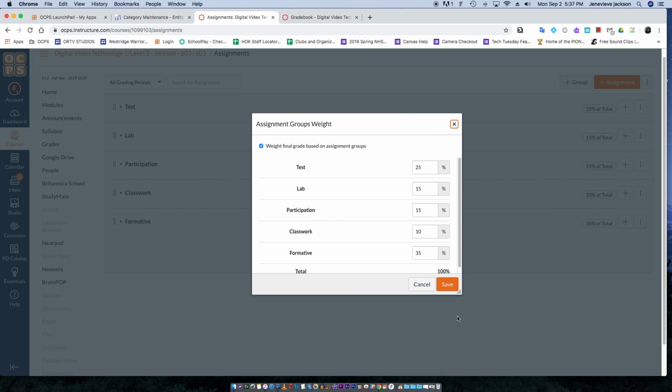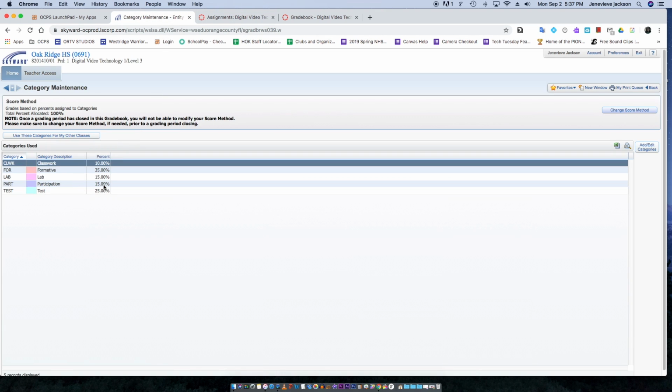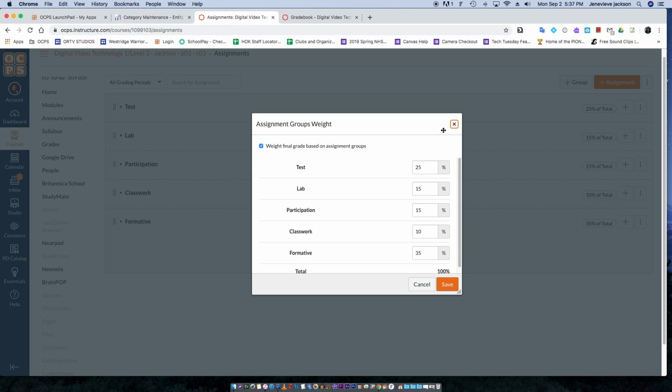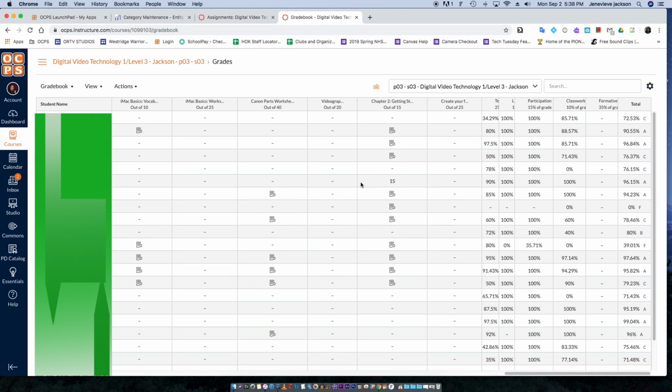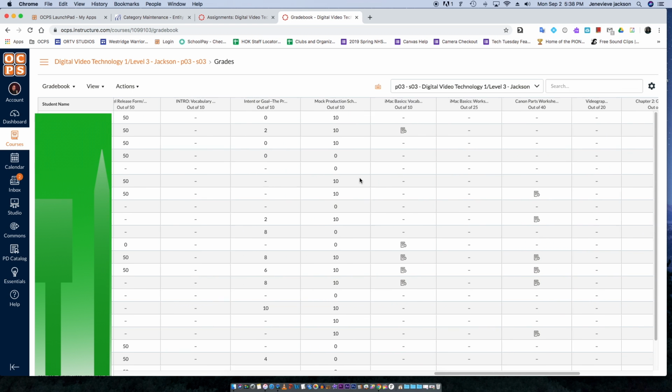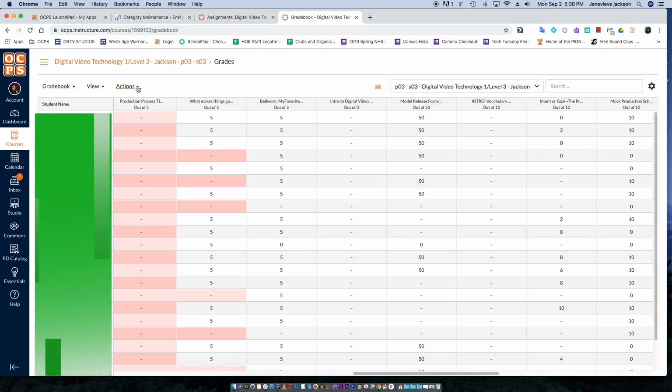This is where we encountered 99% of our problems. Some of these categories did not match here in Skyward. So once those weights are set and you have the different areas of your assignments categorized, what you're going to do is click on grades, your grade book. And for everything that you have graded, you're going to go here to actions and sync